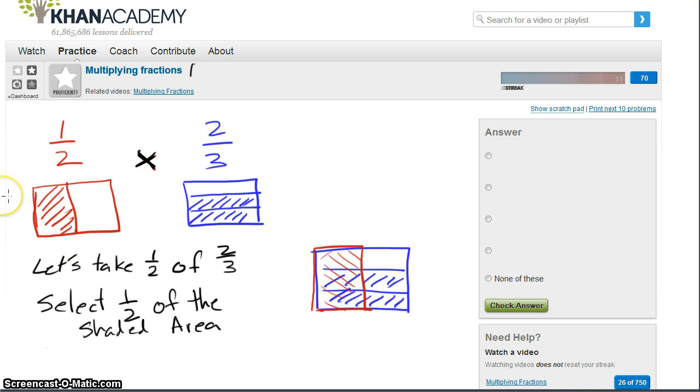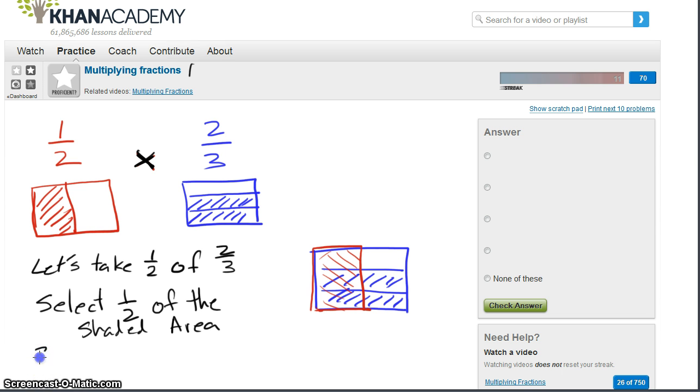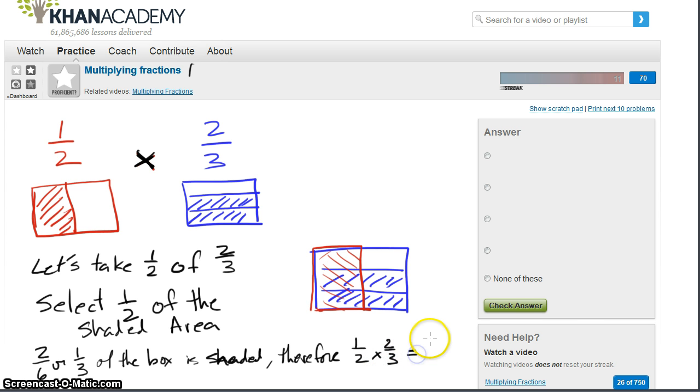And then the last hint would say 2/6 or 1/3, and we would accept either of these as inputs. 2/6 or 1/3 of the box is shaded, therefore 1/2 times 2/3 equals